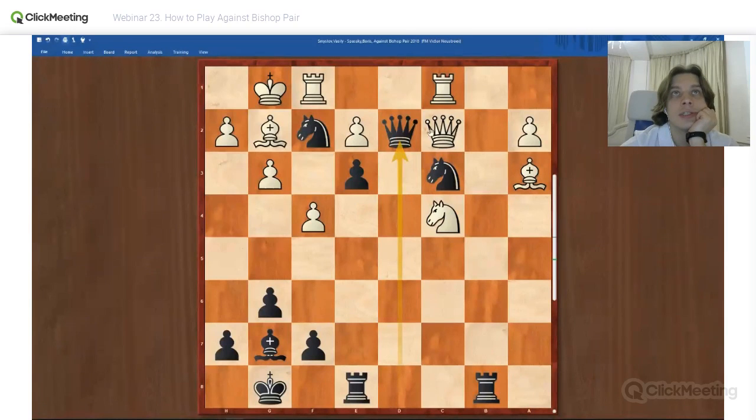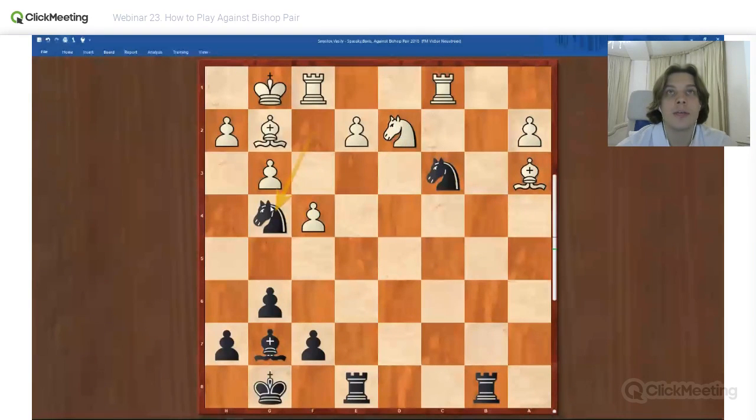If he takes here with the queen, then e takes d2, this rook is hanging. And if knight takes d2, then knight g4, threatening with several threats. Knight e2, bishop d4, or rook e2. I think it's enough.